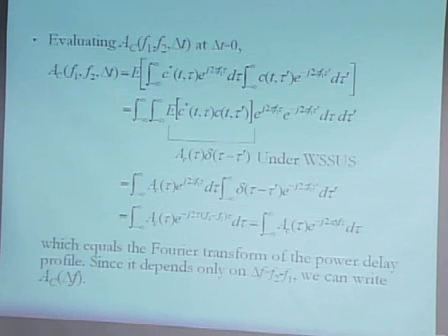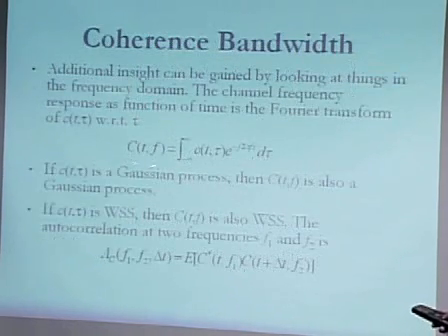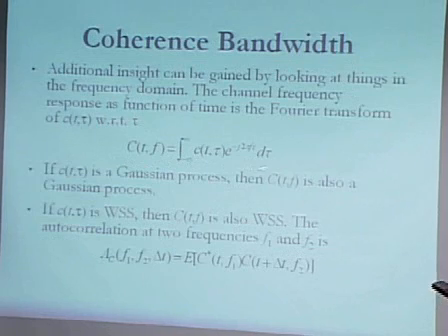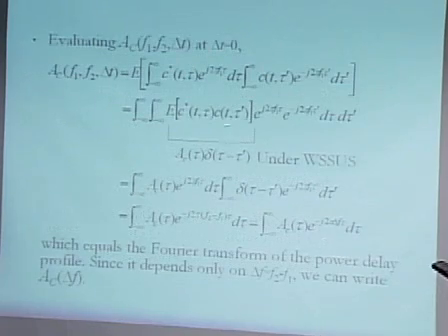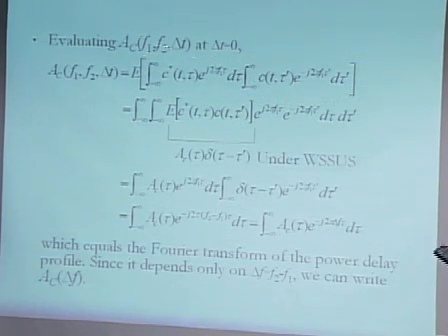So this is the computation. I'll take you through it. It's actually easier than it looks. Just recall this expression. Capital C is this Fourier transformation. So we're just going to take this integral as it is and plug it over here. This is capital C at time t and frequency f1, and this is the same integral twice, except here we have